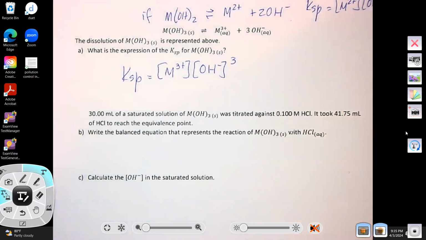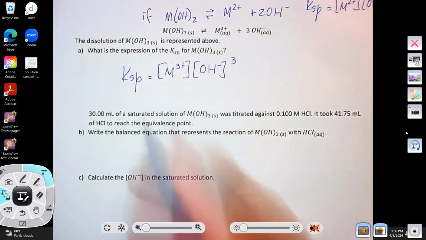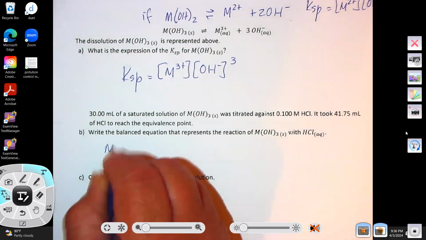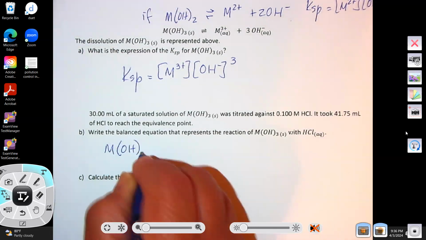And then the next question says 30 milliliters of a saturated solution of the hydroxide, which is very similar to the lab that you did, was titrated against 0.100 molar hydrochloric acid. And it took 4.175 milliliters of the hydrochloric acid to reach the equivalence point. Write the balanced equation that represents the reaction of the hydroxide with hydrochloric acid. So they don't need you to have the net ionic equation. They just want the balanced equation. So you could write the whole thing